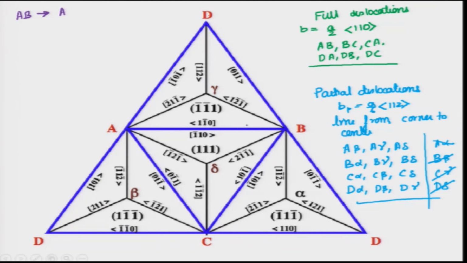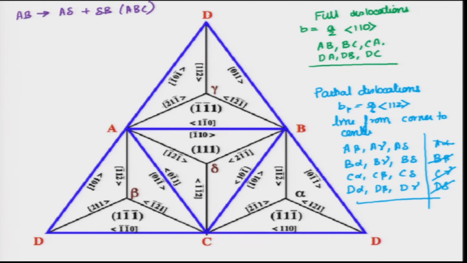Now, if it will dissociate, it will either dissociate on this plane or this plane. So, there are 2 possibilities, and for each full dislocation it lies on 2 planes, and similarly it can dissociate onto 2 planes. Here AB can dissociate in the ABD plane or it can dissociate into the ABC plane. We will assume that we are dissociating into the ABC plane. Now, what are the possible Burgers vectors for the partial dislocation? A delta and delta B. So, this becomes A delta plus delta B, and this represents the dissociation of a full dislocation into partials, and this is happening on ABC.